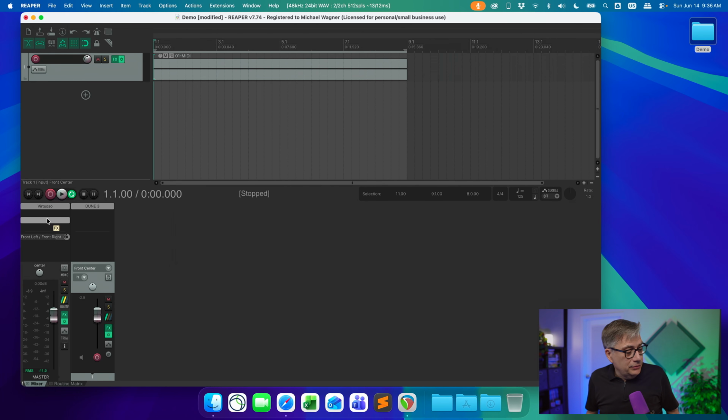That's really all. Now I'm going to work on a Mac, but anything that I'm going to show you works on Windows as well and on pretty much any digital audio workstation as long as it has multi-channel capabilities. Now you could technically use that in a stereo DAW as well, but quite frankly it doesn't make a lot of sense to do it that way. So you would need a multi-channel DAW in order to get the full functionality of that plugin. Now I've already prepared everything to receive multi-channel audio, so Tune sits on a multi-channel track, on a 16-channel track to be exact, and I'm going to use a 9.1.6 layout.